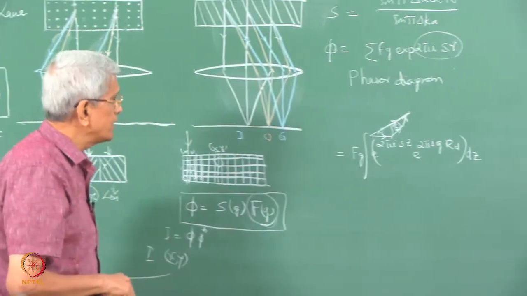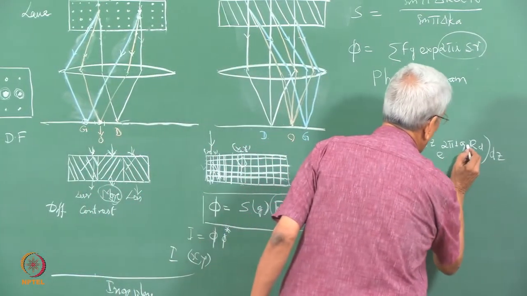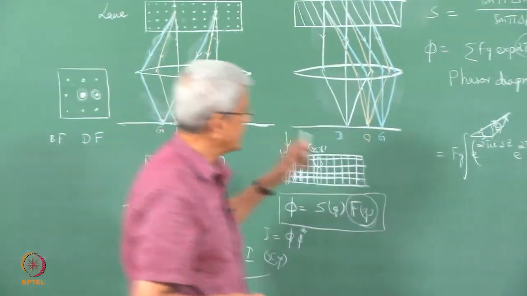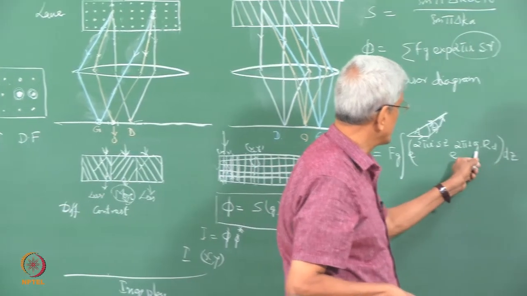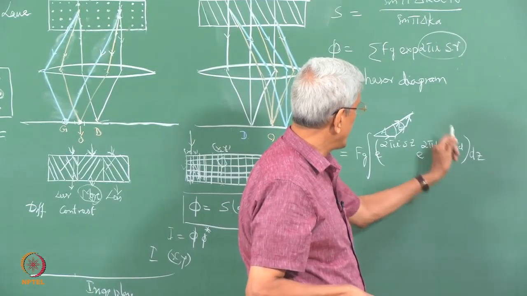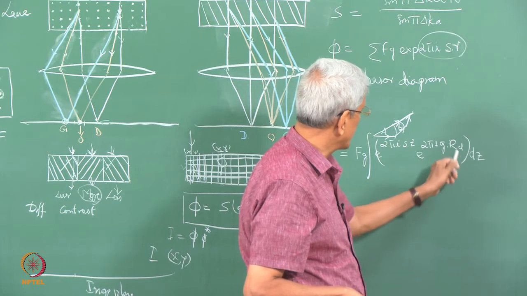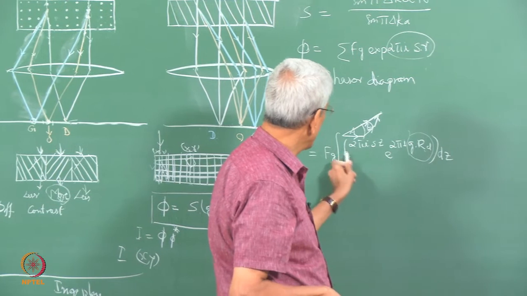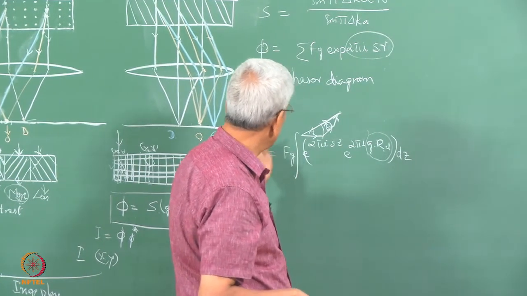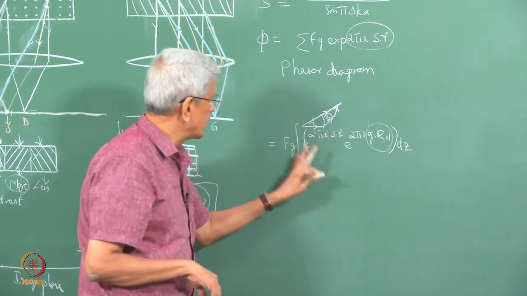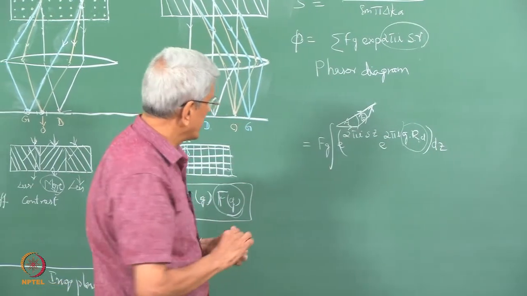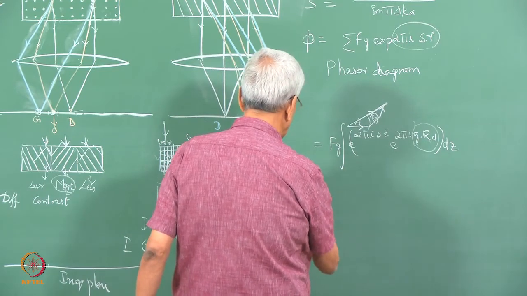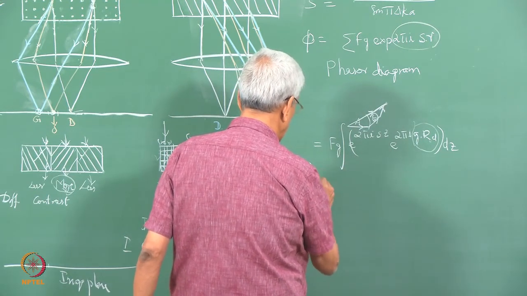Now, what is g? g is the reflection which we are using for imaging it, and R is the defect vector. If this g dot R turns out to be 0, then only this particular term will be there, and the intensity of that image will look like that of a perfect crystal.